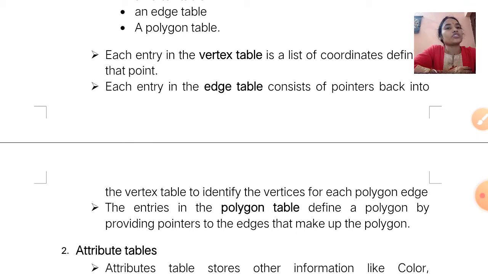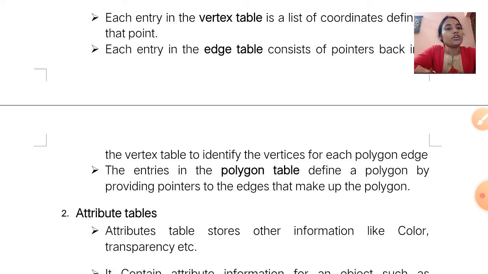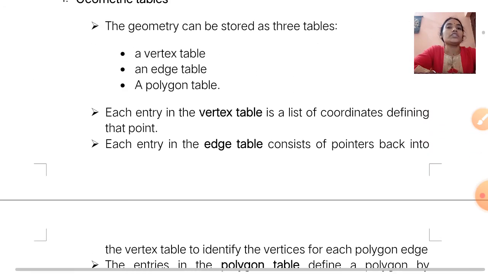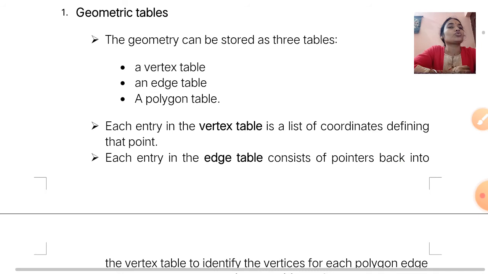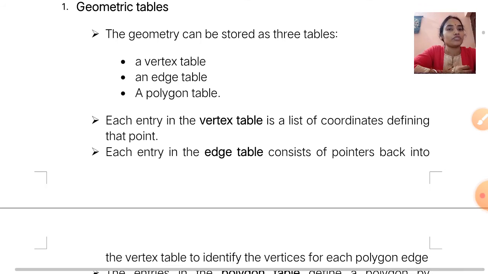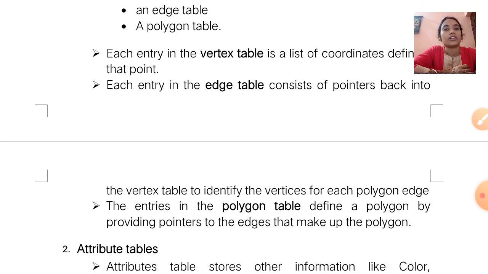That means in the vertex table all the coordinate points are stored, and in the edge table, pointers to the vertex table identify the vertices for each polygon edge. And the polygon table defines a polygon by providing pointers to the edges that make up the polygon. So in this way, the geometric table can store all the vertex data, edge data and also polygon data.